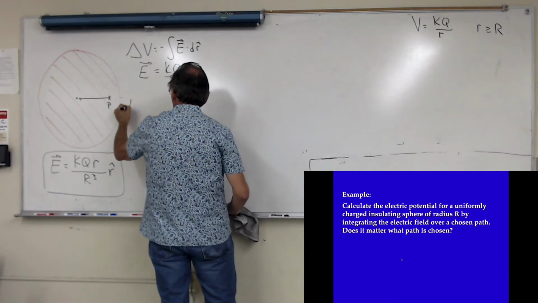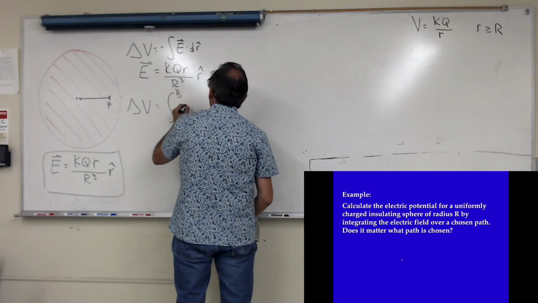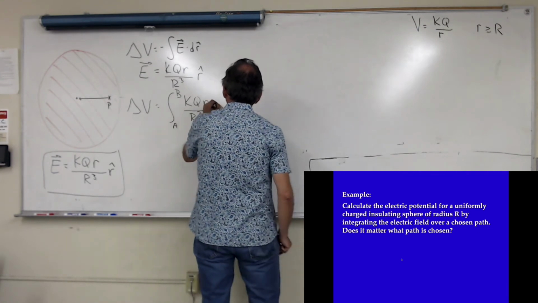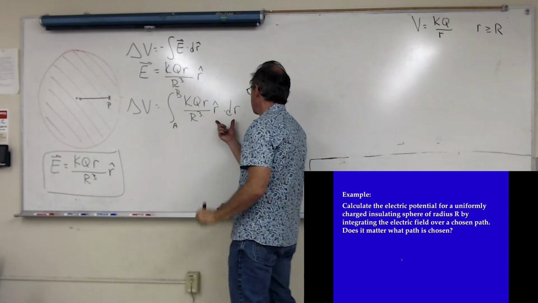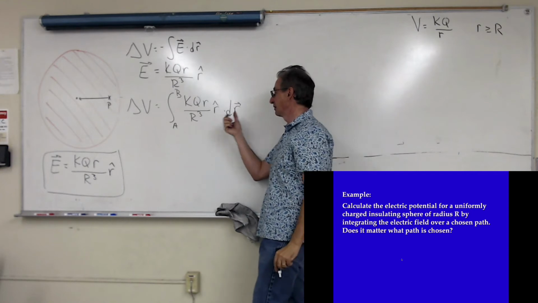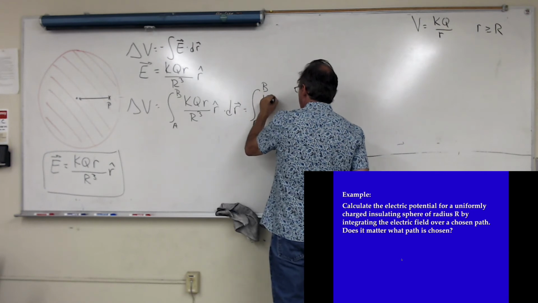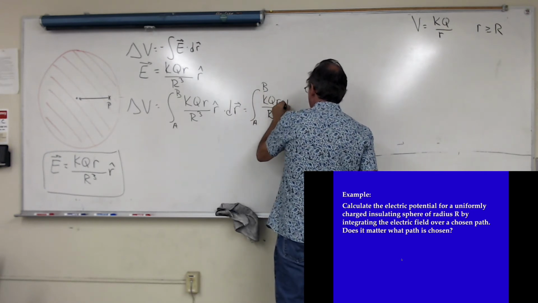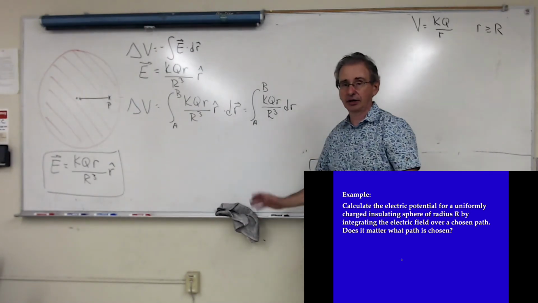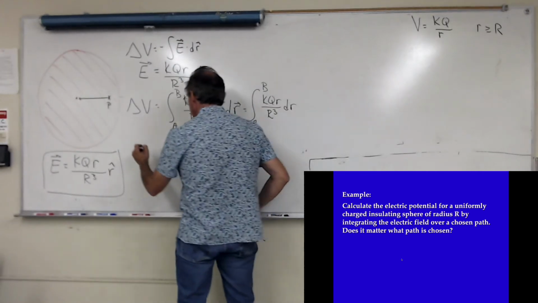And so delta V. Eventually I'm going to stop doing this. The result is always going to be the same. This dot product is going to give me dr. But you're only going to get a contribution in the r hat direction. Okay, so let's think about the limits. This is going to give me